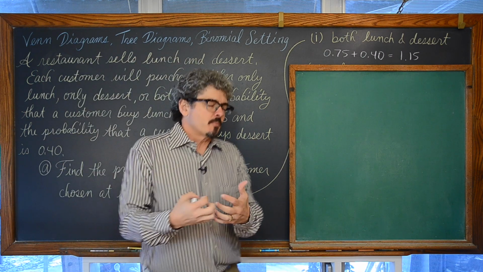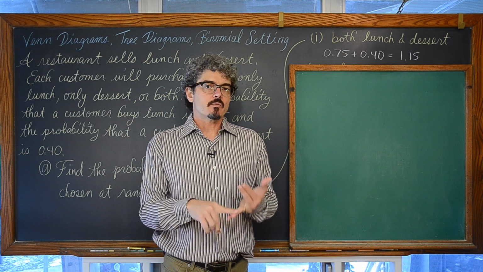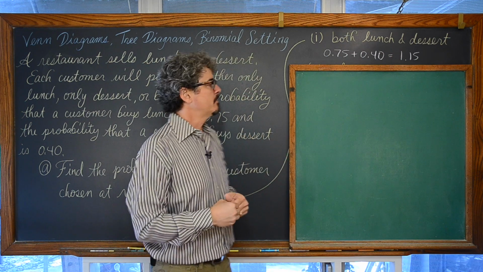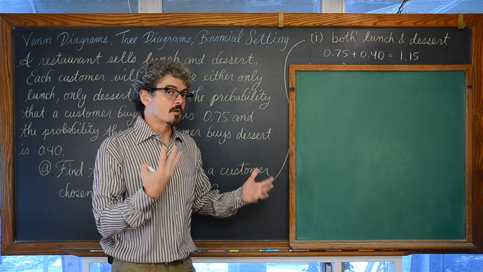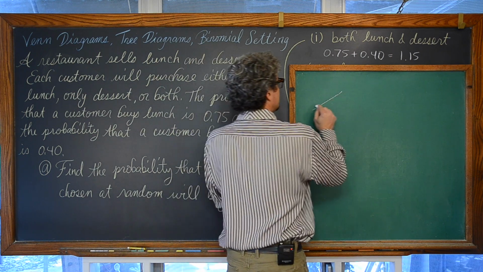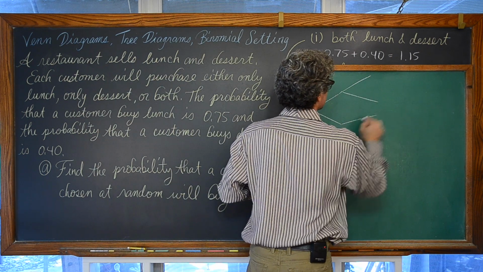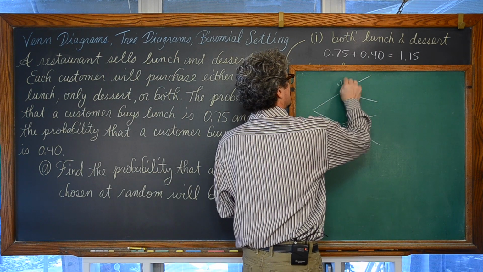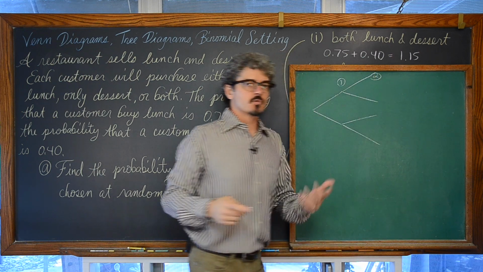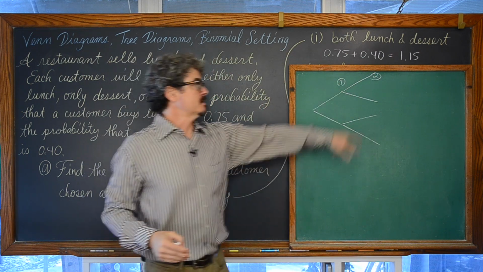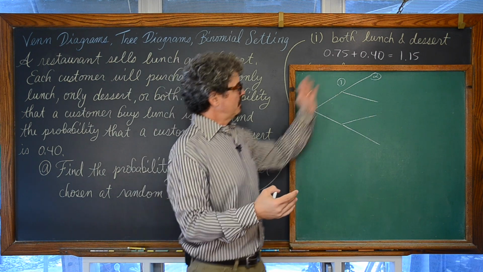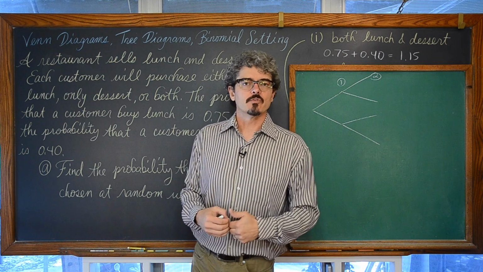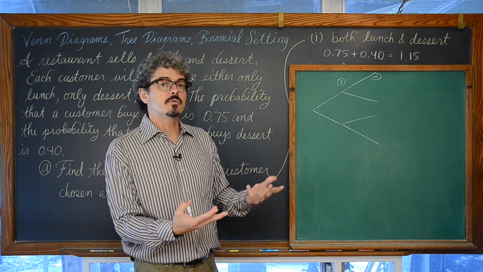You can just use formulas, but remember our tools that we learned about, Venn diagrams and tree diagrams, are really handy, and they make a lot of these questions more intuitive, not something where you just memorize a formula and plug it in and don't really know what's going on. One of the tools for probabilities, which we'll be using at some point in this question, is your tree diagram. But a tree diagram is really only appropriate when there's a clear sequence of events or choices. First something 1 happens and then something 2 happens. What's the probability of a combination of things occurring together?